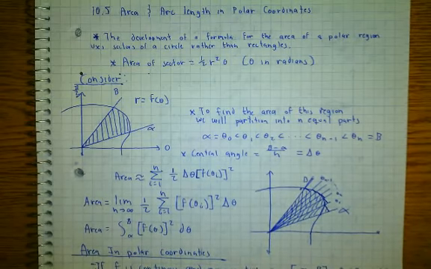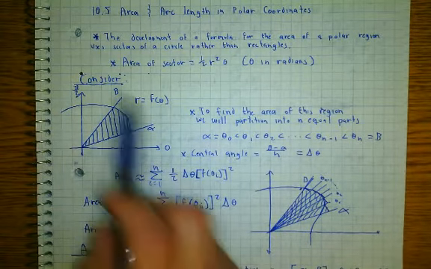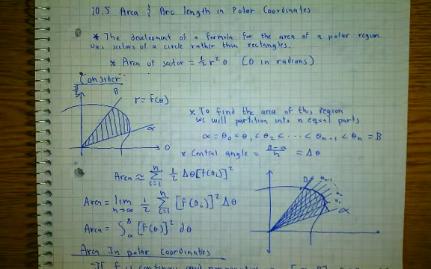Alright guys, so today we will be covering section 10.5 in your textbook, which is area and arc length in polar coordinates. We will begin first by talking about the area of a sector. The development of a formula for the area of a polar region uses sectors of a circle